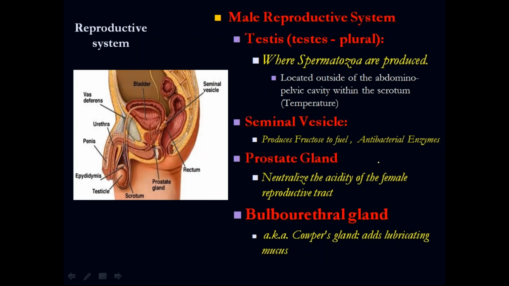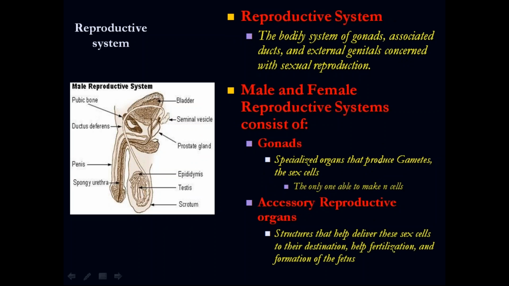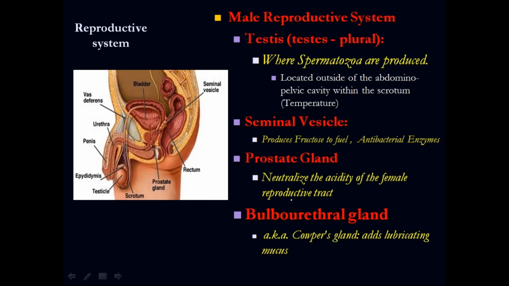All right, so let's go now to the reproductive system in the male. Here we have high-yield topics. Number one, I want you to always remember gonads. Gonads are going to be the testicles. It's called testicle or testes, it is the same. And the other is the ovaries. So that is the gonads. Then we have the gonads, the testicle, and the accessory reproductive organs that we are going to see.